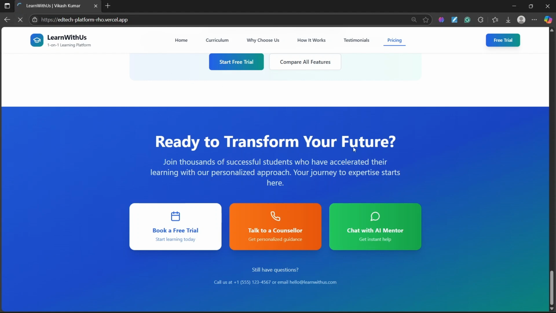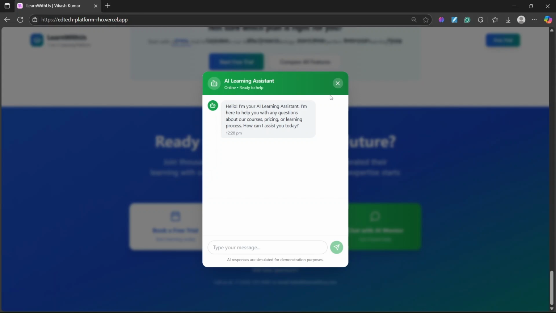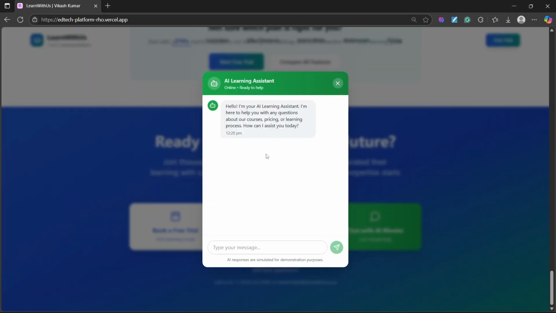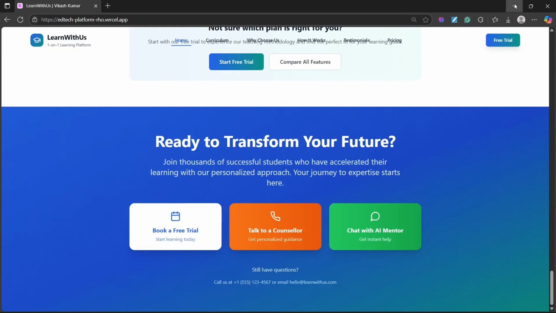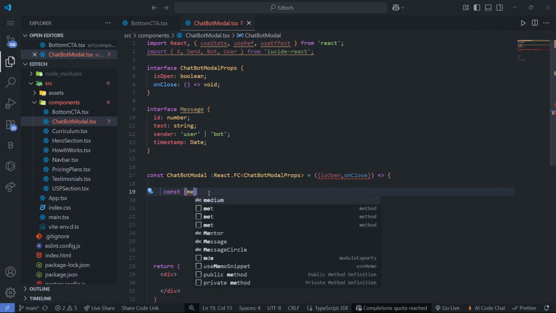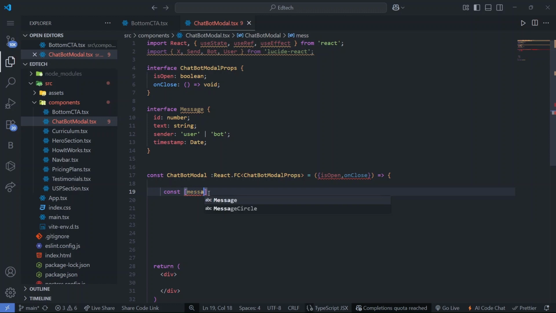When I refresh and open it, the data disappears, but it remains until we refresh. So here we'll create a messages state to track the messages we receive or send,